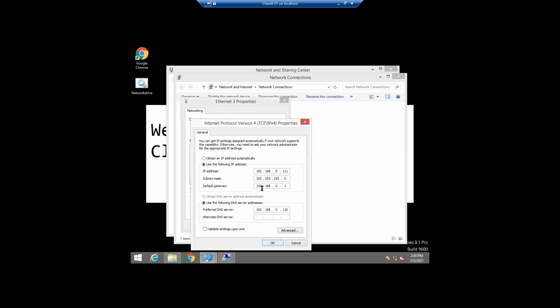Properties. Sorry, that is 109, I will give. Okay, default gateway. Our domain is 106, so we can give the domain IP address here. No issue.